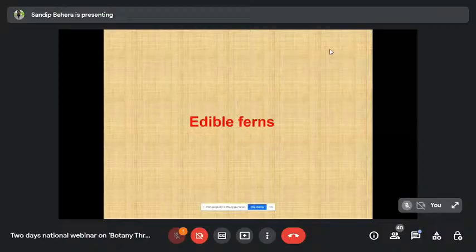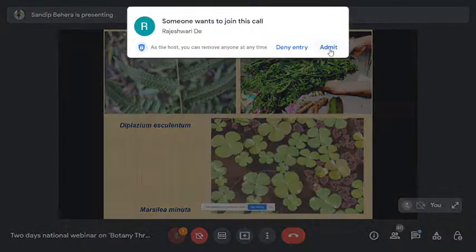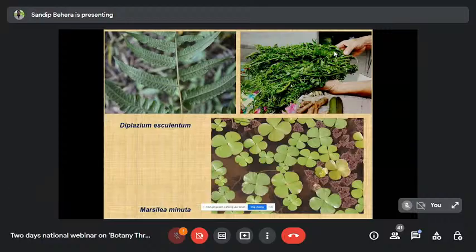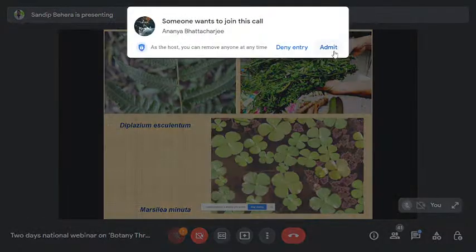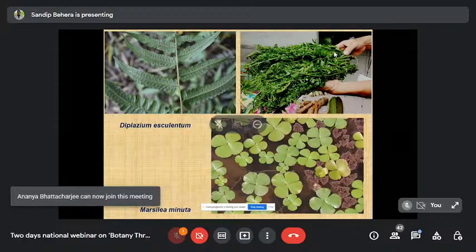Now, if we talk about edible forms, this is Diplazium esculentum. This is the young leaf of Diplazium esculentum. It is used as sag in vegetables. In Andaman, it is called pudi sag. In different areas, different tribals have different names. In Odisha, the Dongria tribes call it